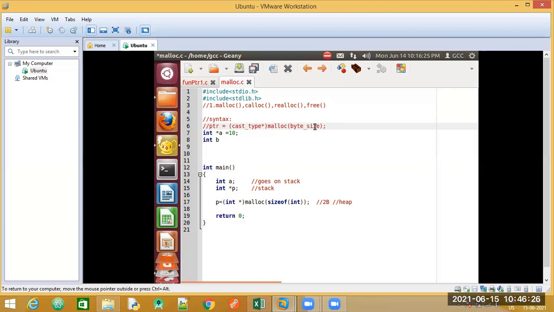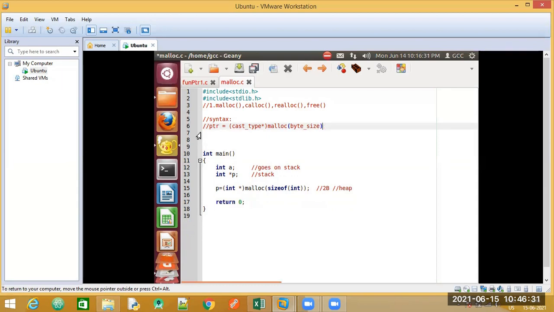So how do you specify or write it in programming? There are 2 ways. We are just studying the first one here. Have a look at this particular statement. I'm sure now you are clear about these two. You know that a variable takes up some memory space and the pointer is also going to take some memory space on the stack. P is a pointer here. I have declared P as a pointer. Have a look at the syntax. We need a pointer variable to point to our malloc function. So we have declared a pointer variable here. This is P.